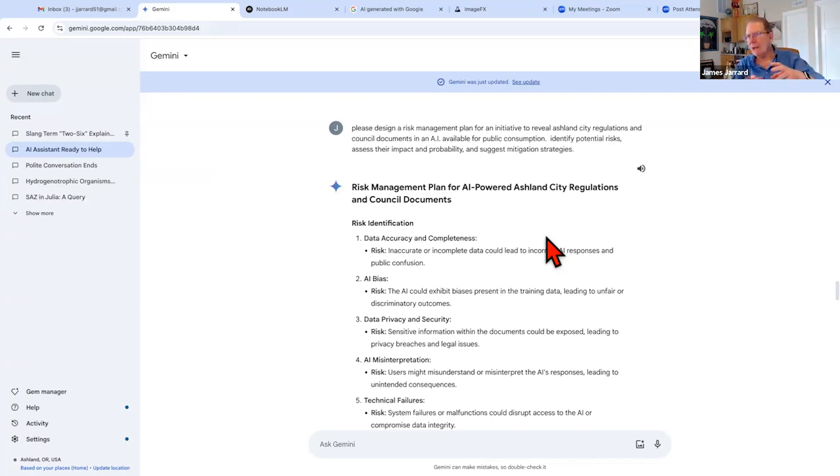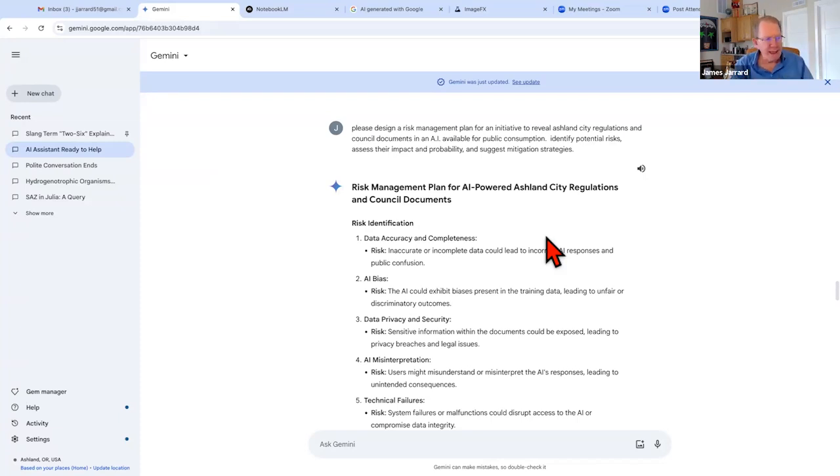Now I scrape all of the Ashland City websites for their regulations, their council minutes, anything that they release, and I fine tune, I build upon the Meta AI.